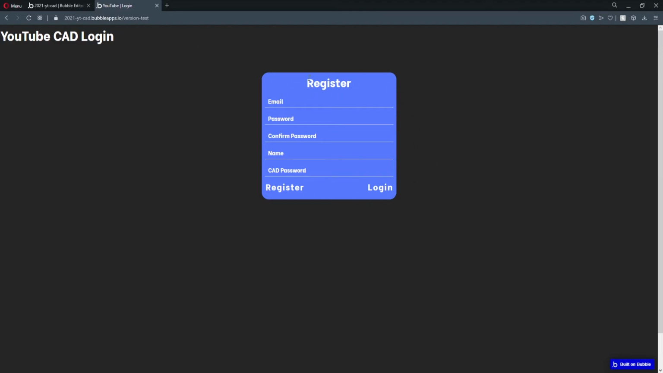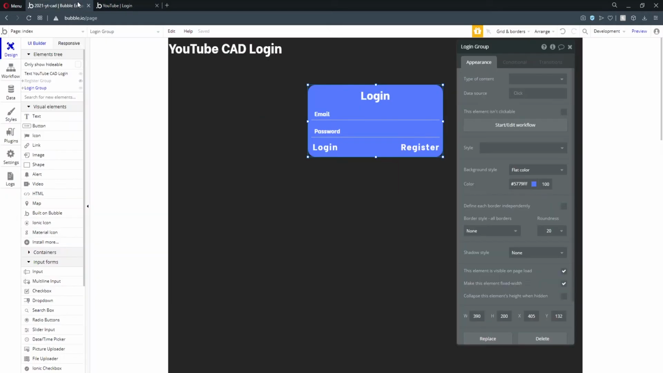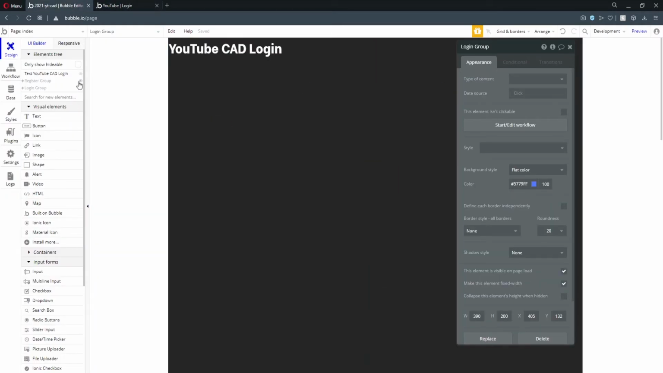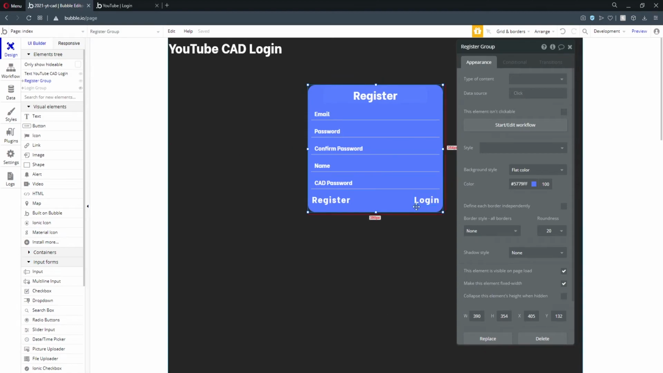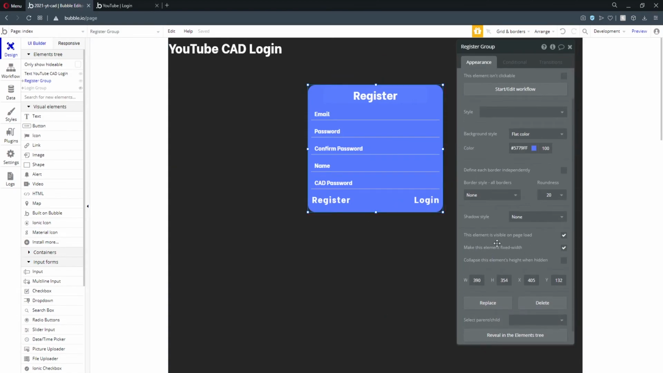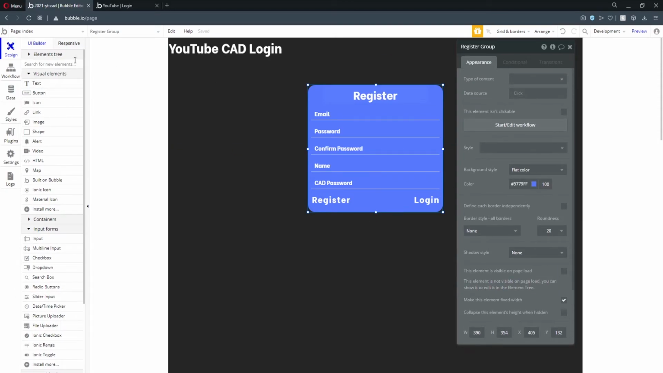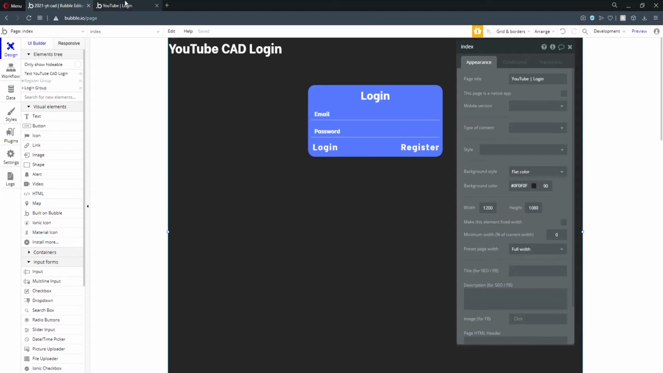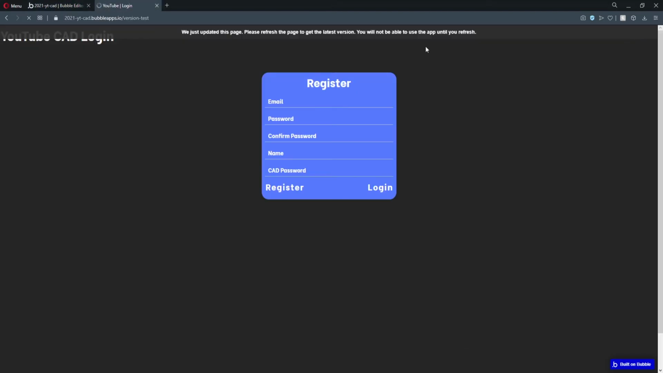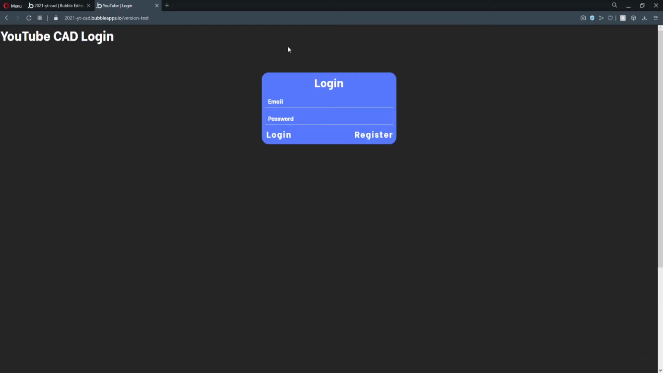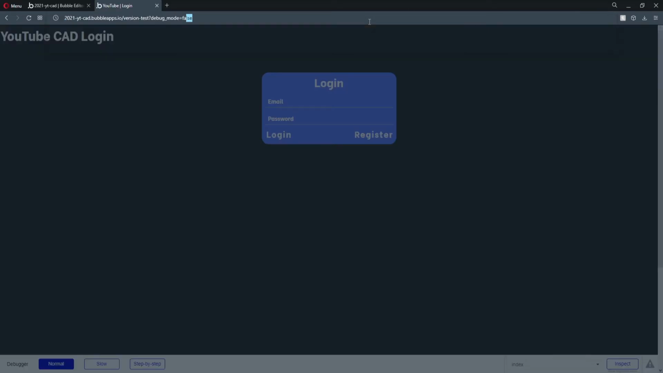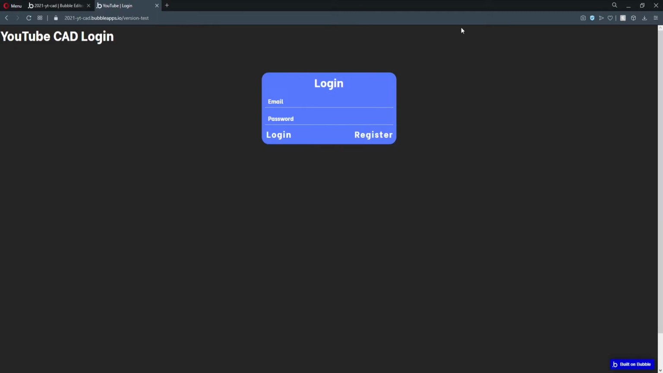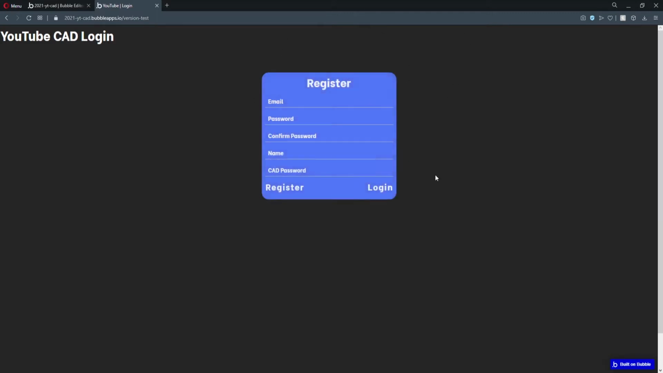So, and actually I forgot a step. So if you go back to your design, you go to the register group, you want to click it and you want to scroll down where it says this element is visible on page load. You want to unclick that, just like that. Now I'm going to go back to the login and I'm going to press preview in the top right. Let that load, and now you can see the login. Now that you can see the login, you can go ahead and press the register button, and there you go,